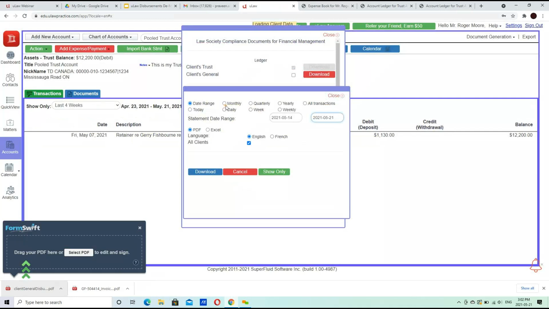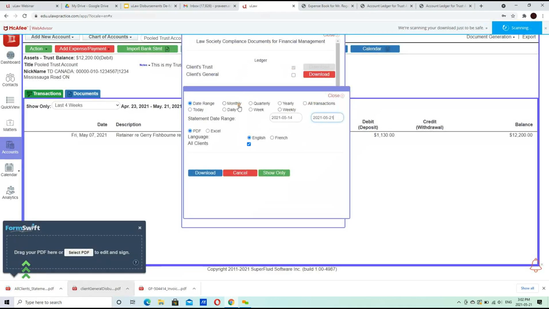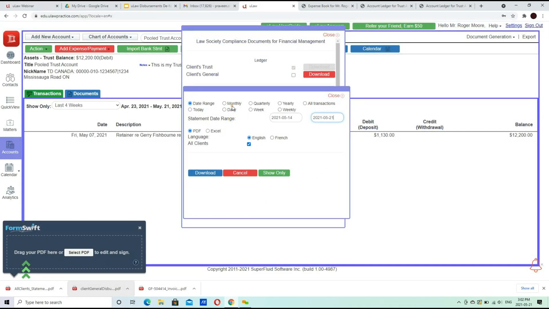Like that. So pretty much generating the documents once the detail is in is half the job done with legal accounting software.